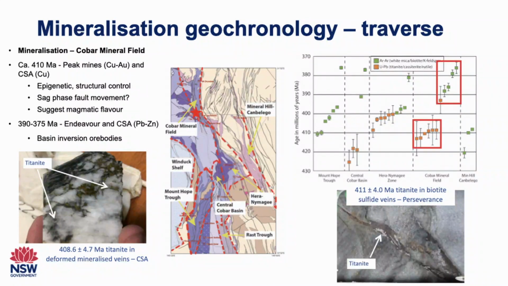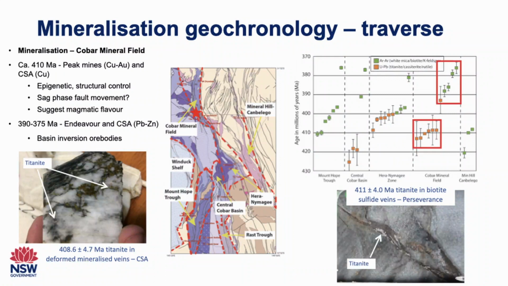If we move further to the Cobar mineral field, we get a completely different set of ages. So the main copper gold systems, this is like including Peak, CSA, Kronos, all of those systems are coming out consistently at around 410 million years. We can find the minerals to date inside the ore, like the titanite inside CSA, titanite here at Perseverance, inside